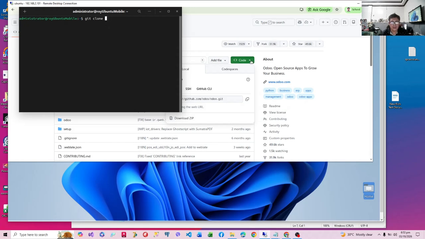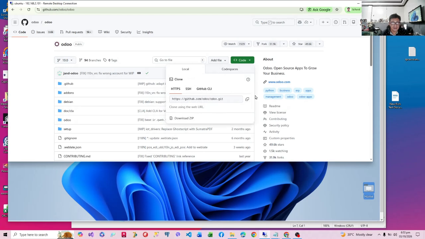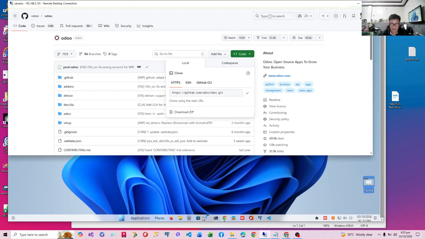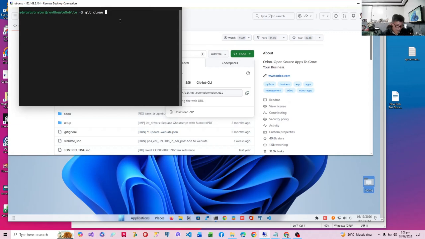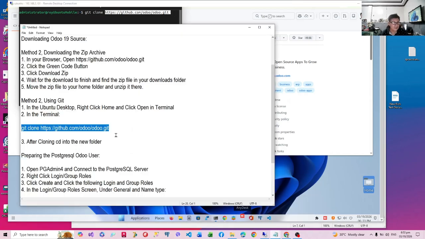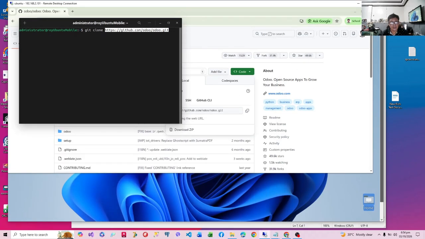So you have that, and then you type git clone. You copy the URL here, and then go to your terminal like that. I'm not going to do that here because it takes a long time. You do it on your own, and then after that you wait, and then the Odoo folder will be created in your home folder, and after the cloning, you can cd into that new folder, and you will find all the files there. We are not going to use that. We are going to use a simpler method which I found to run faster. Okay, let's do that now.